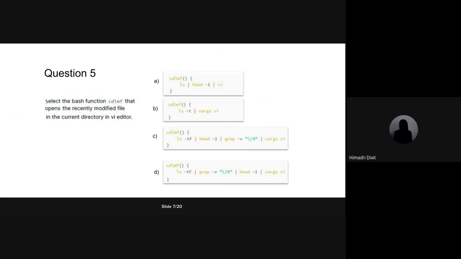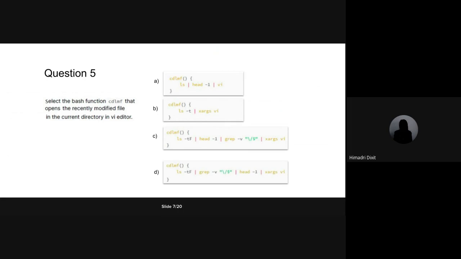What does xargs do? xargs basically takes the standard input that was passed in through the pipe, and then takes it as an argument to the command. Suppose you have an echo of some random string and you want to open it as a file name in the vi editor. You just pass it to xargs, and xargs will pass it to the vi command as its argument.